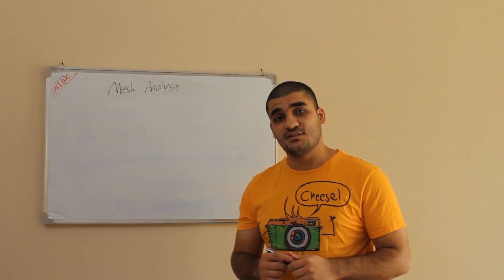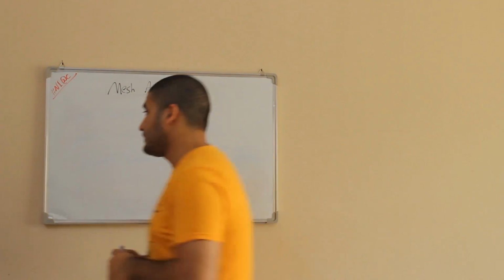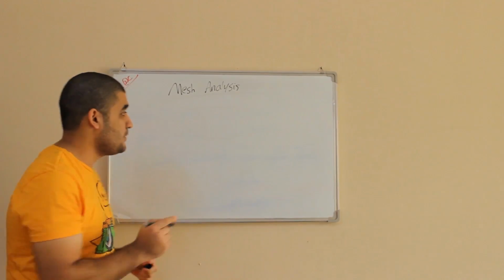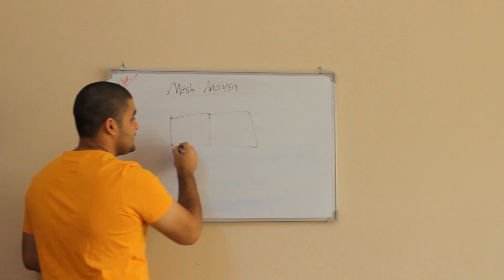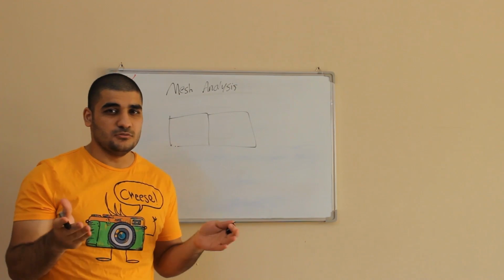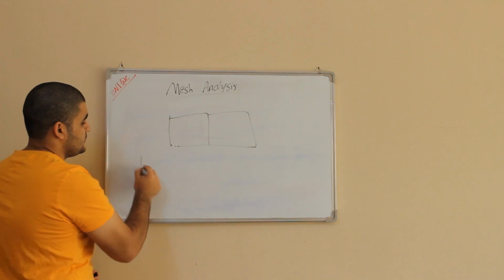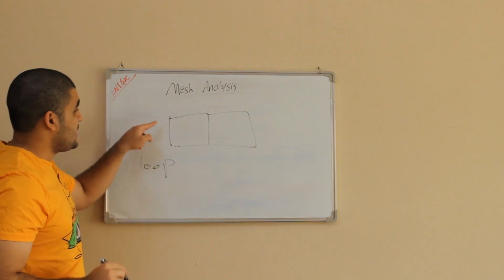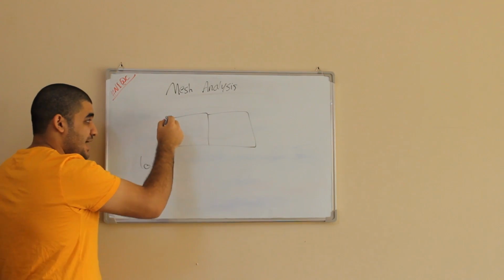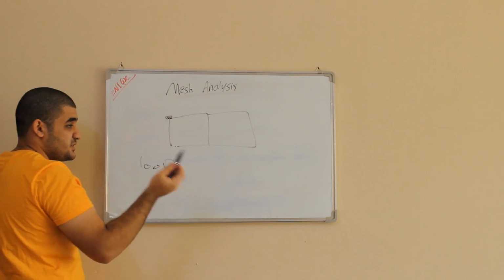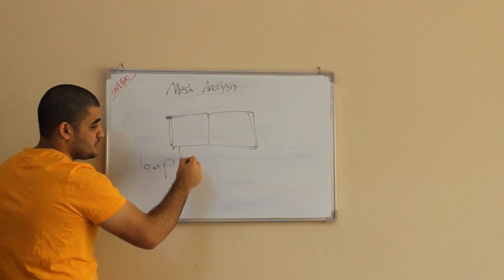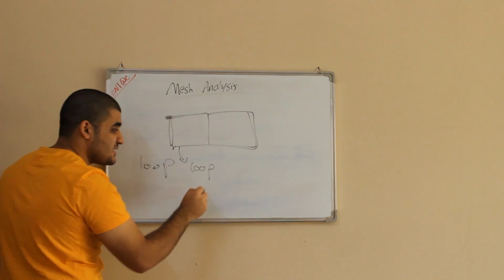So we will start with the basic circuit, but before that, I want you guys to know the difference between loop and mesh. If I had this circuit and somebody asked, what is a loop? Okay, this is a loop. A loop has a starting point, for example this point, and ends at the same point. For example, I will take this path. This path I will call a loop,